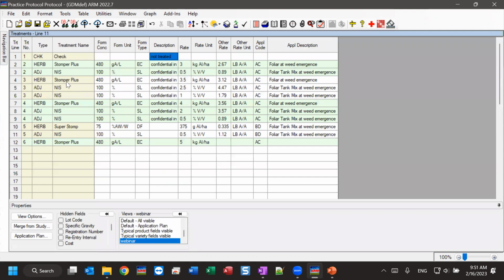I have seen where some groups have hidden treatment name for that same reason. But I think the recommended approach would be to put the confidential information in something like description. That's really easy to make not be seen. The treatment name is so commonly used that it looks very odd, and can confuse the trialist if there's no treatment name at all. It's a little disorienting. So the recommended approach, at least that I've seen, to reduce confusion, is to put the most important information into something like description